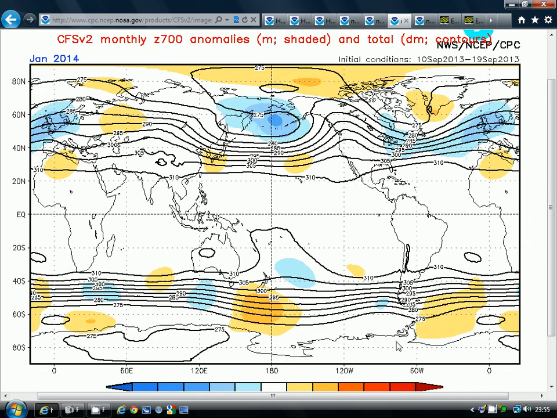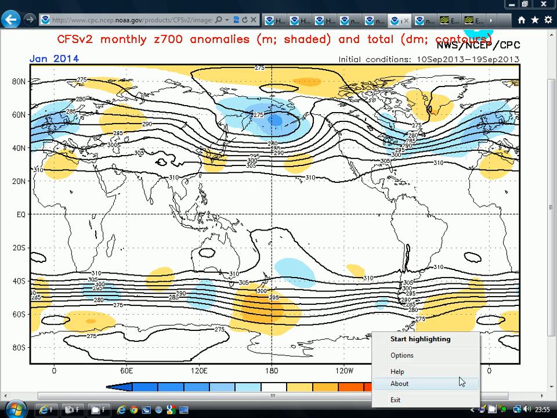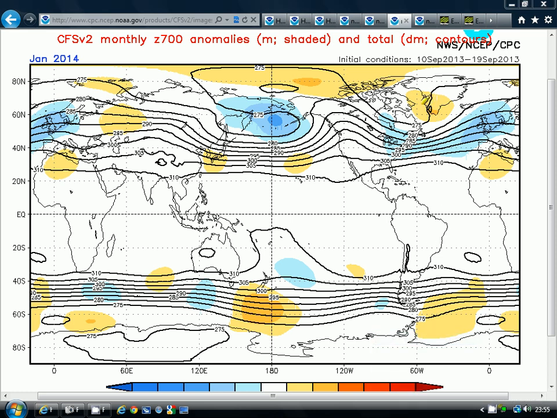Now, as we move through to January, we've got a better signal for blocking. We've got a signal for some blocking in January, which CFS has consistently looked like the coldest month of the winter. It's still sort of going for it. It's backed off from the idea of the blocking quite a bit, but nevertheless we still have some blocking there. The trough of low pressure is over the British Isles again, but the difference, of course, is that the blocking would be pushing colder air into that trough.